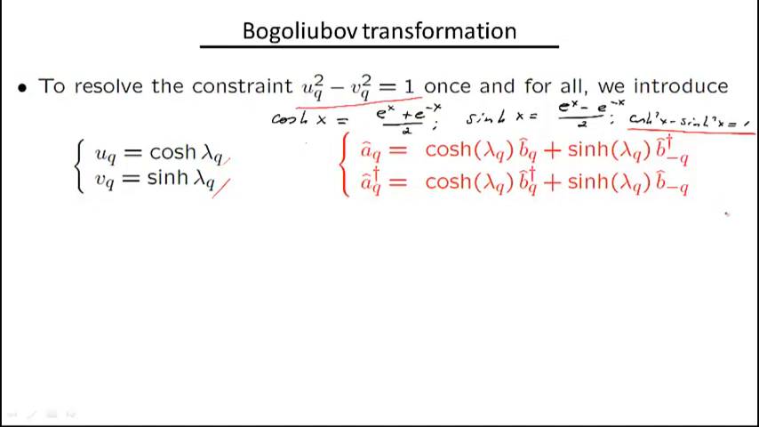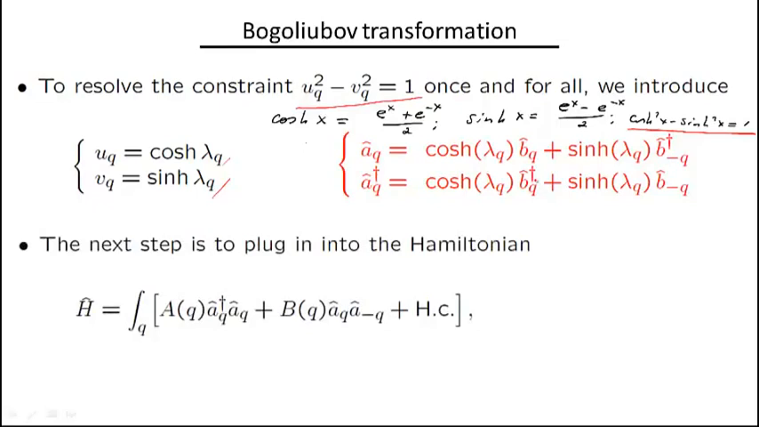So I have A of q is equal to cosine hyperbolic of lambda b q plus sine hyperbolic of lambda b of minus q dagger, and the corresponding A dagger. All right, so now what needs to be done is that we have to just do a brute force analysis. We just have to go ahead and plug in these